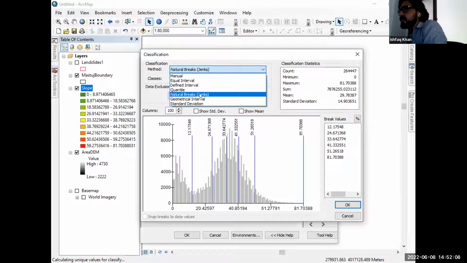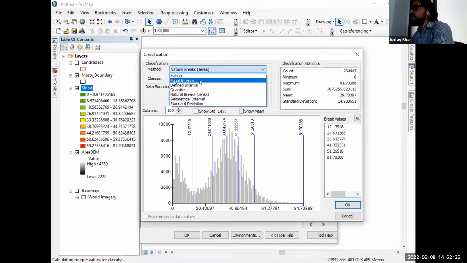Natural break actually looks at the data of this specific area, then divides it into different classes. So for instance, I want to go with equal interval,